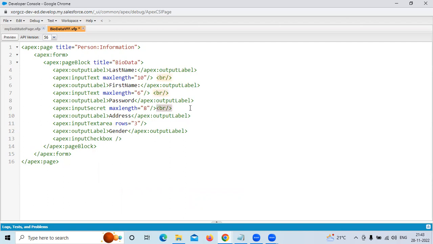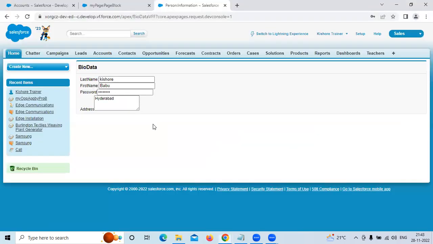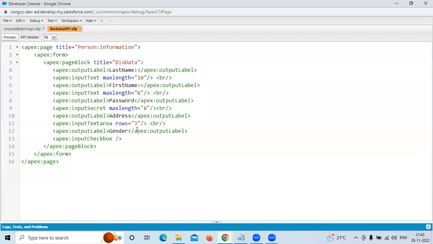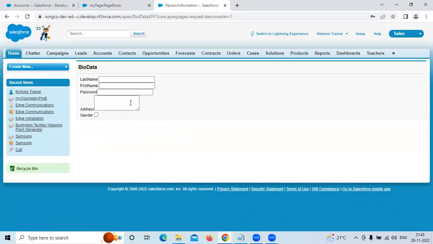There also you can provide a small biodata. You can go with this, so that the checkbox is checked for male, unchecked for female. Like this you can take it here. Some of the fields we are going to take now. But the output is not in a proper way if we create this input